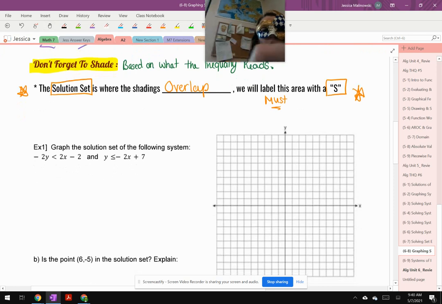Okay. Last but not least, I'm just going to throw in there, color coding will